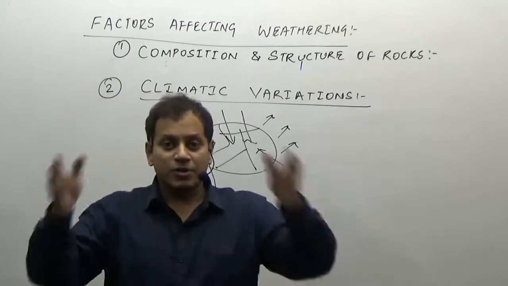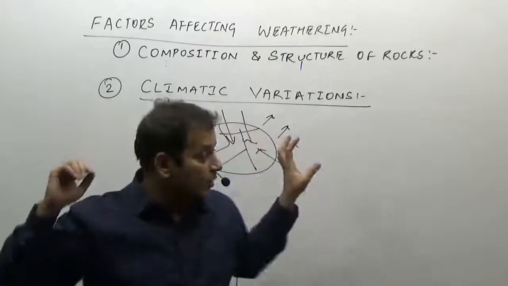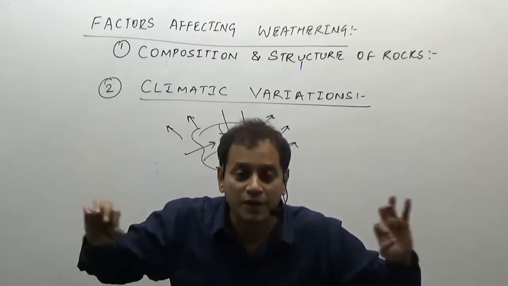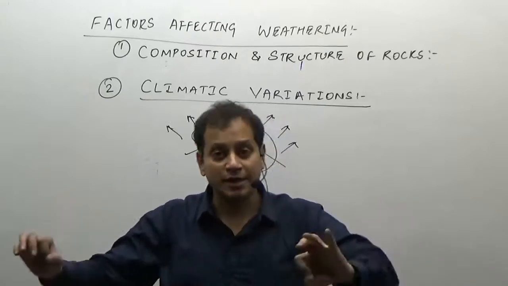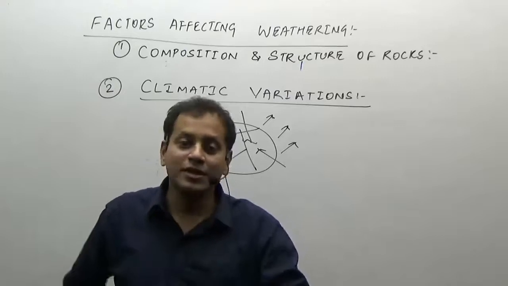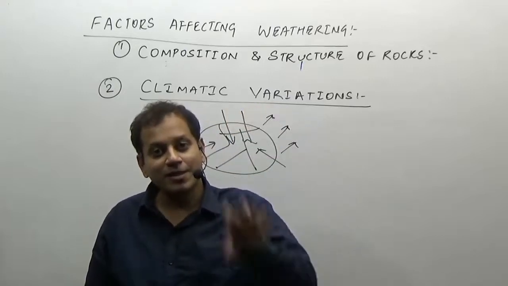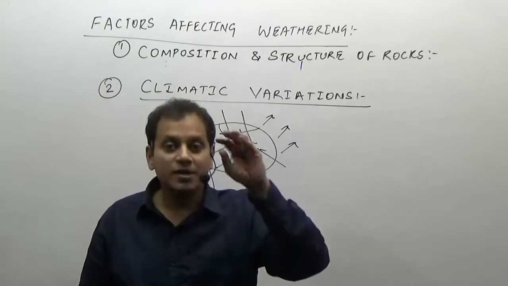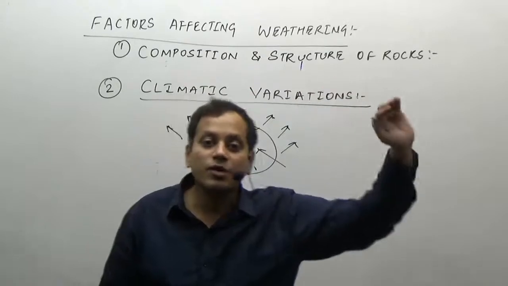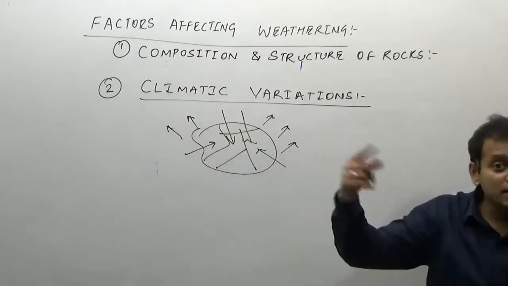Alternate expansion and contraction of which layers? Mostly the outer layers, because obviously the outer layers are receiving more heat and they are giving away more heat during the night time, that is, they are becoming more cold. The inner rock, the sun rays cannot penetrate deep inside, it is a solid thing, so the sun rays affect mostly the outer surface. So this alternate expansion and contraction sets up the stress in the rocks, and as a result the rocks break